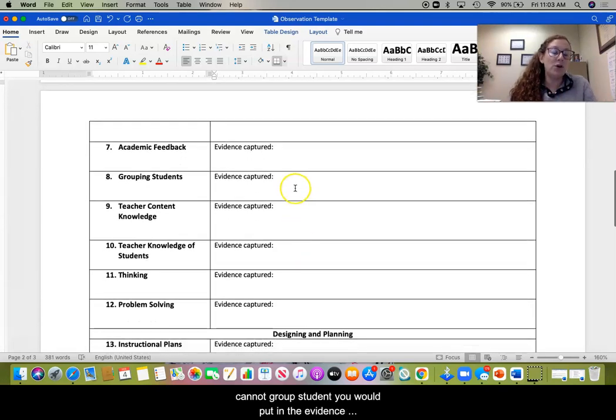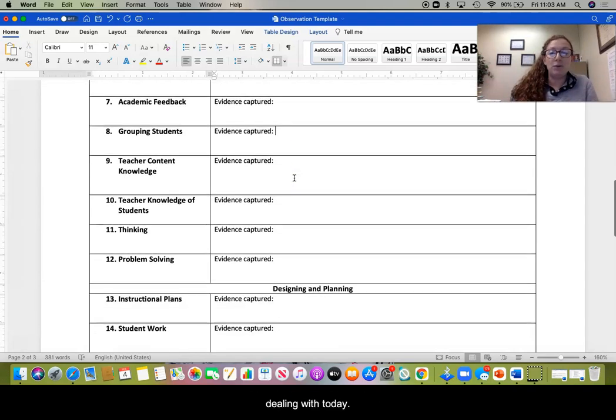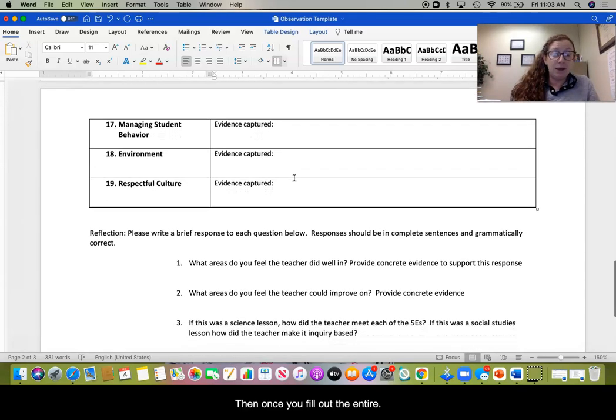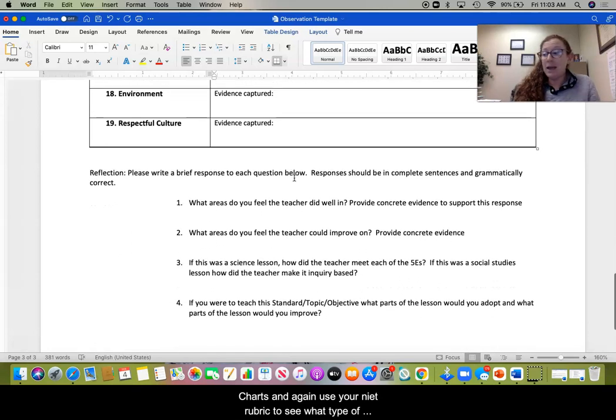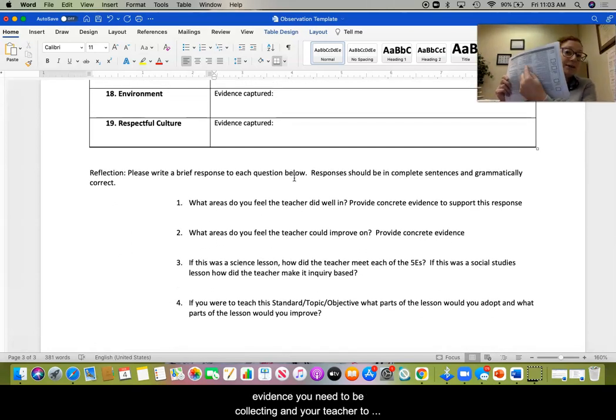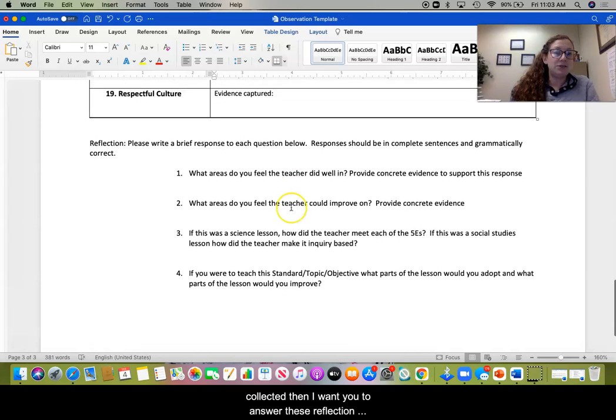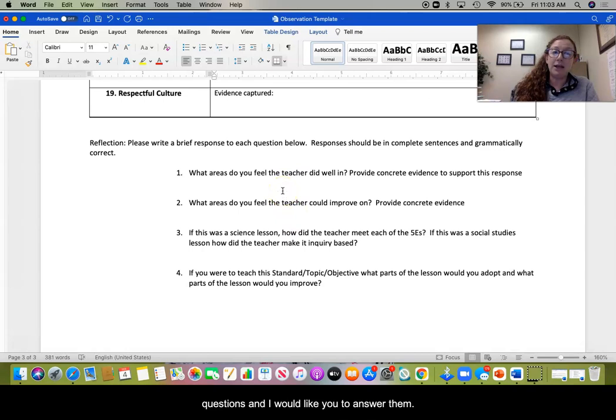Now, what if because of COVID, your teacher cannot group students? You would put in the evidence captured, teacher could not group students due to COVID-19, because that's just the reality of what we're dealing with today. Then once you fill out the entire chart, and again, use your NIET rubric to see what type of evidence you need to be collecting, your teacher could be scoring 1s and 2s, 3s and 4s, or a 5, depending on what they're doing and the evidence you collected. Then I want you to answer these reflection questions,